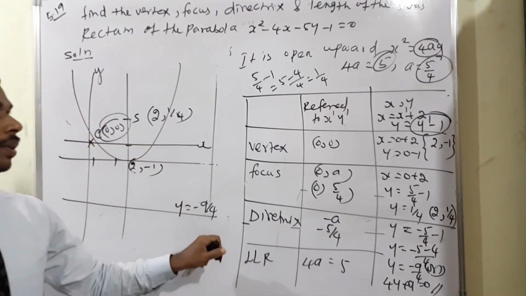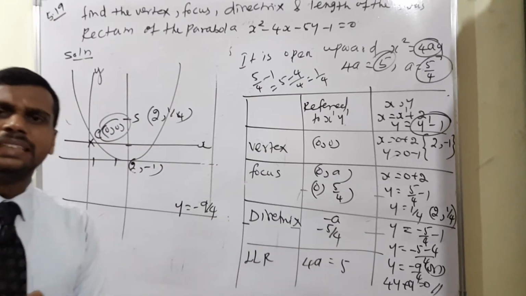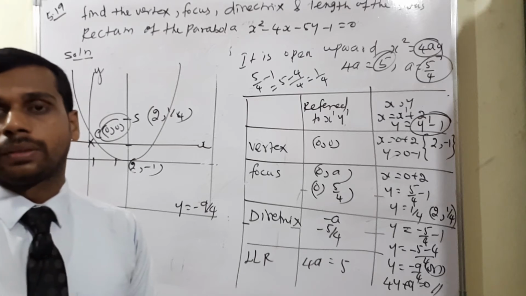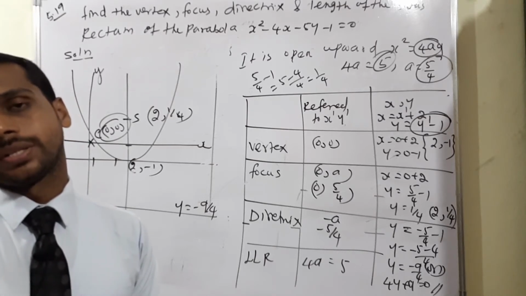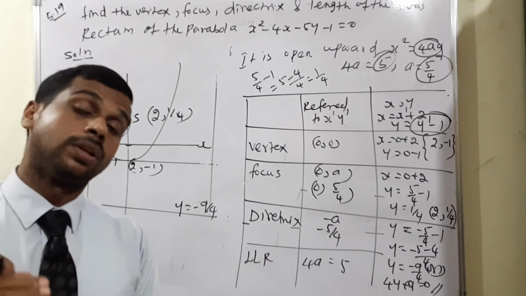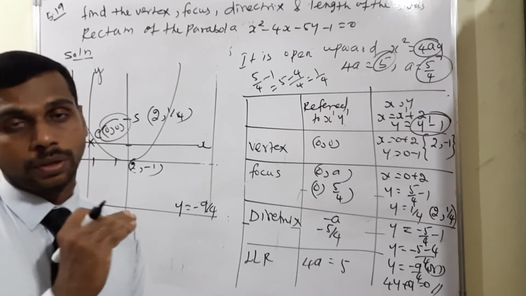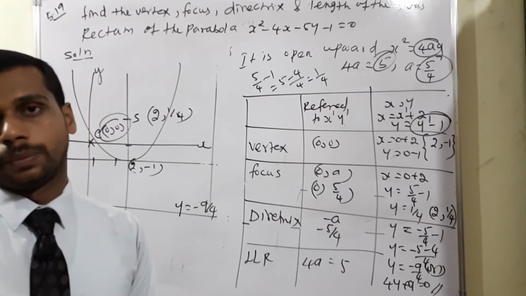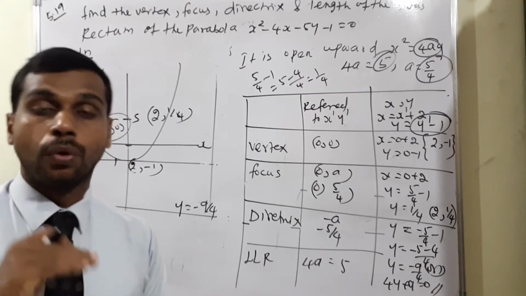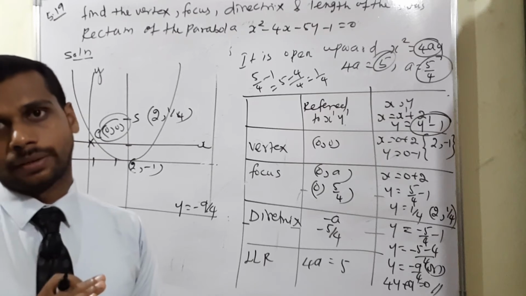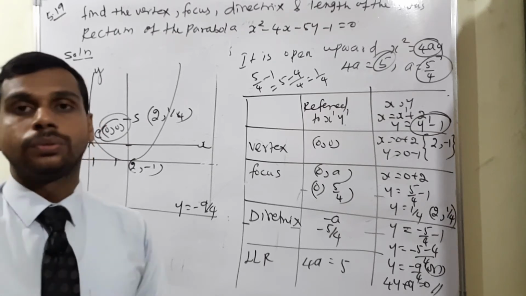So please listen, my dear students. Very easy concept. First what we have to do, if you know the completing square method, definitely you will get it. X square is equal to 4ay or x square is equal to minus 4ay. So x square is equal to 4ay means what type of parabola? Open upward. Sometimes y square is equal to 4ax means right side open, but negative means left side, isn't it? So I will continue with the next example.